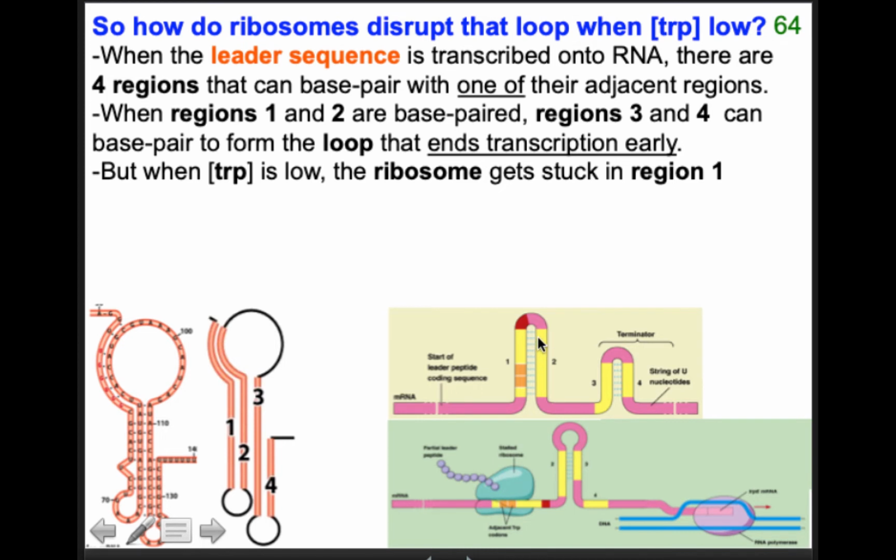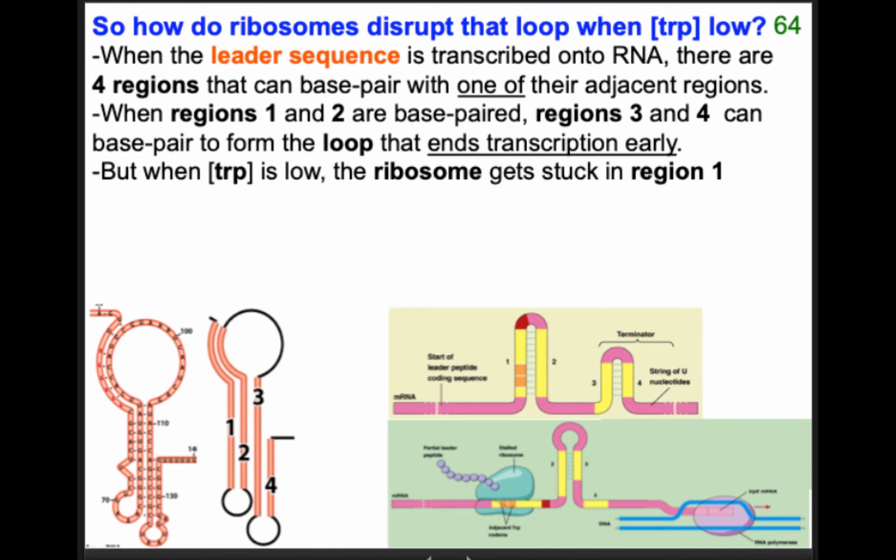So region 2 is going to be like, okay, I've got to bind to something now. I can't bind to 1, the ribosome's in the way. So region 2 binds to region 3 instead. Notice that this loop is made by regions 2 and 3. Now region 4 is wide open, right? So now RNA polymerase can continue its job. RNA polymerase can now back up into region 4, find its GC pair, stabilize, and continue transcription across all the